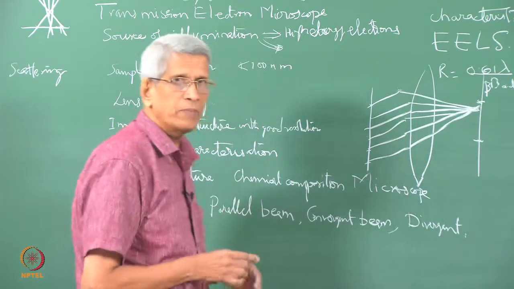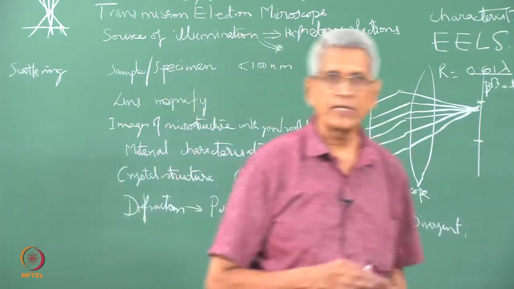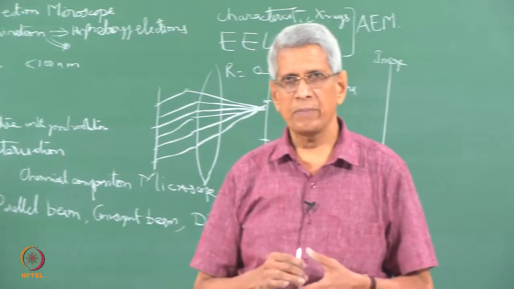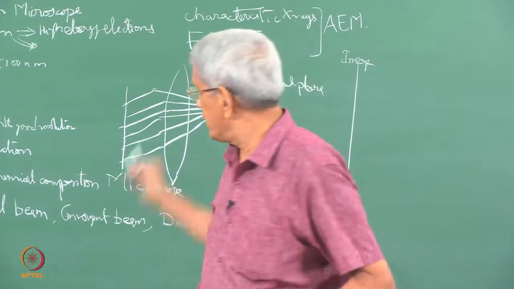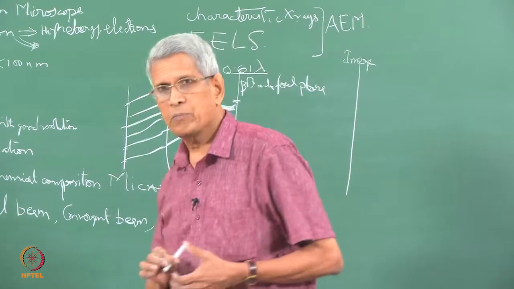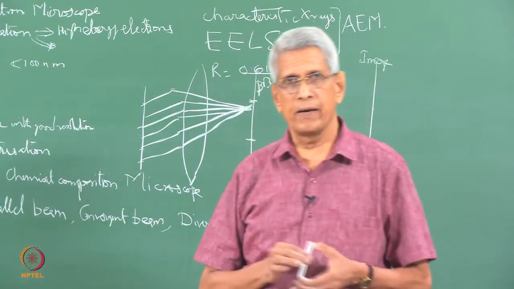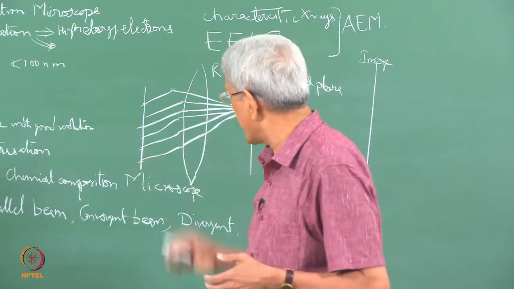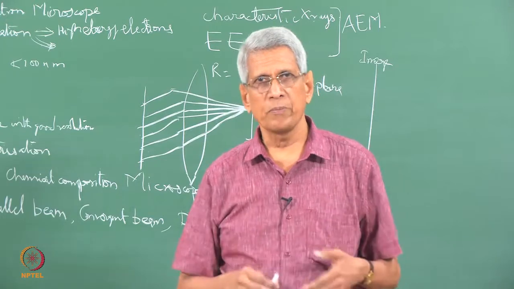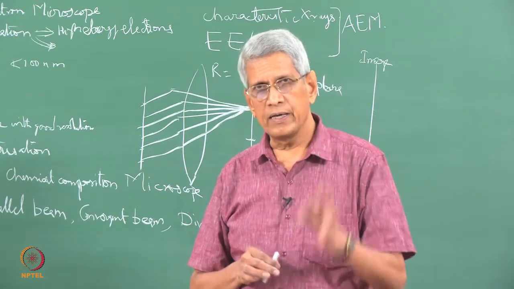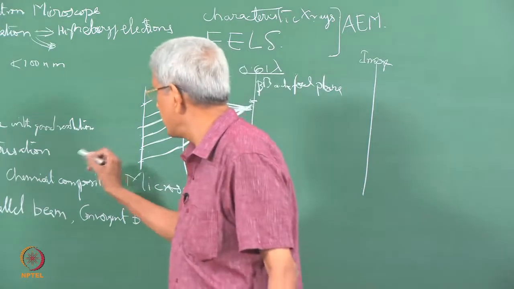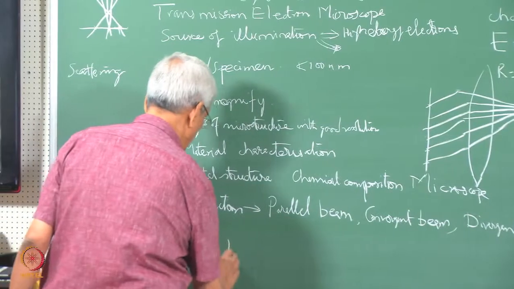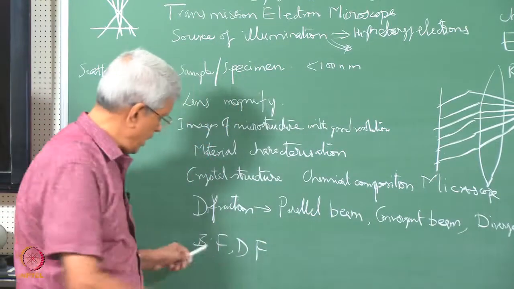Parallel beam diffraction is the one which is conventionally used to find out the lattice parameter. And in the parallel beam diffraction mode only, we get images of the sample using a specific diffraction beam, that is, going for a 2 beam condition, and then using the transmitted beam or the diffracted beam to get the bright field or dark field image of the sample.